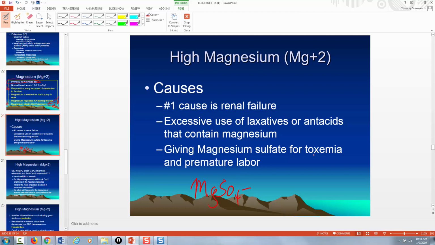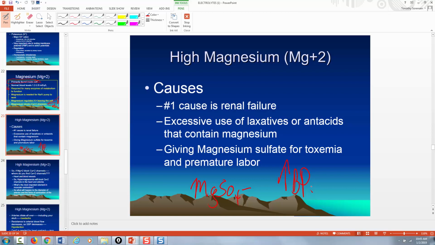So you probably heard of eclampsia or preeclampsia. And one of the things that happens in preeclampsia and eclampsia is you get this really huge increase in blood pressure. And this high blood pressure can do damage to the placenta, and that can do damage